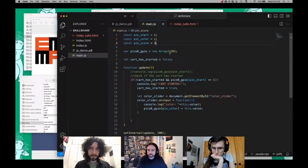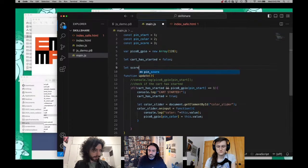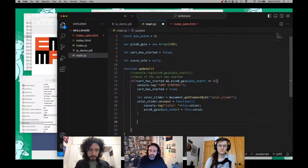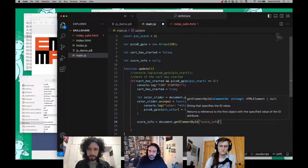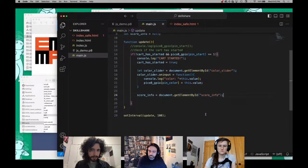And then in main.js, I already added my pin, which is great. And this time I actually want to keep track of the actual web element there. So I'll make score info and I'll have it just start as null. And then when our game starts, when it finds the cart, that's when I can go ahead and find it. Document.getElementById, and it is going to be score info. And then in update,